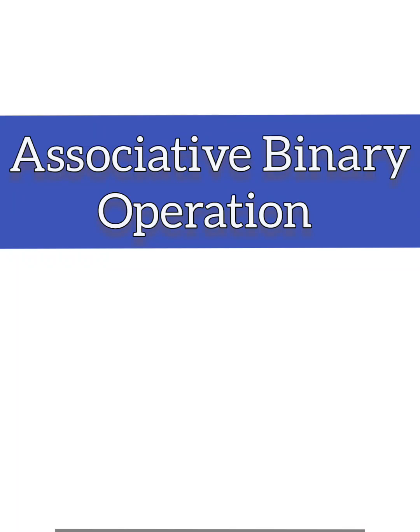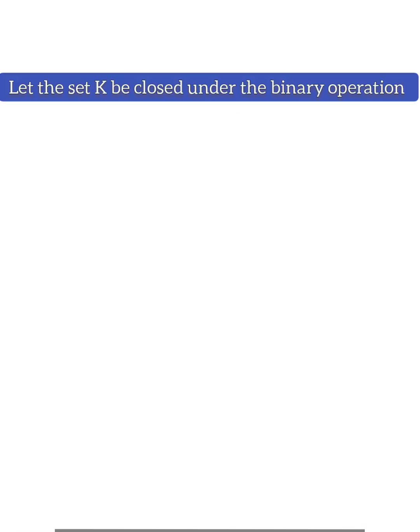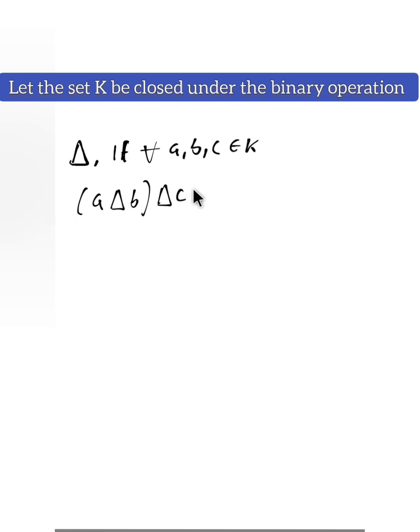Associative binary operation. Let the set K be closed under the binary operation, which has the symbol *, if for all A, B, C which are elements of K, this equation is true. The equation is